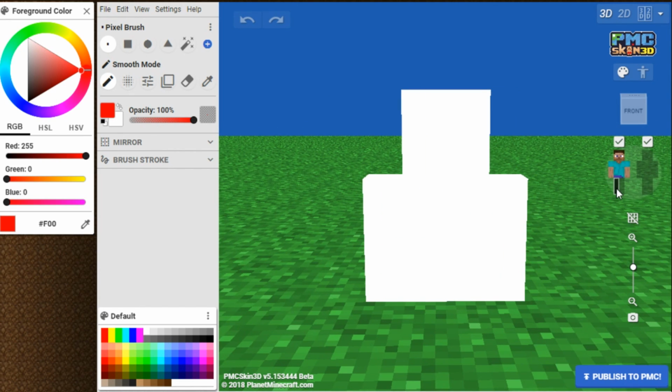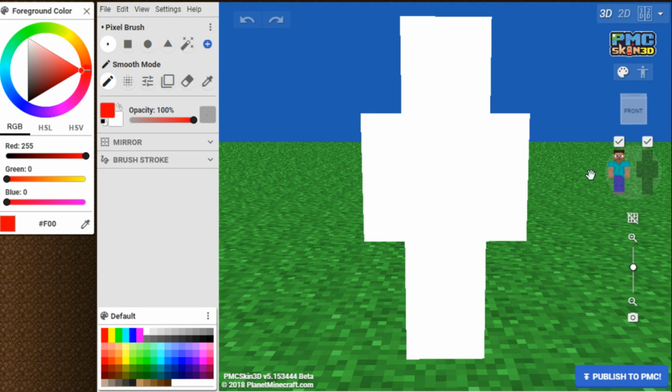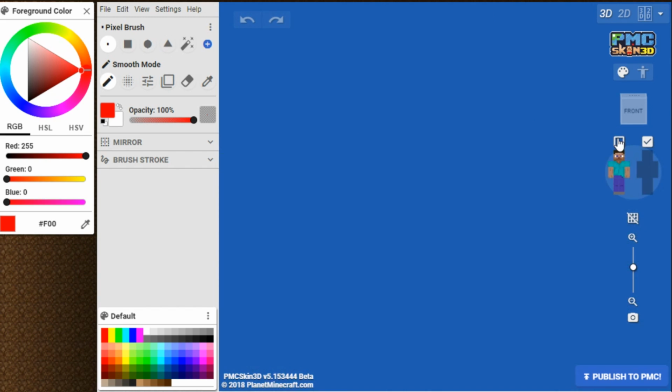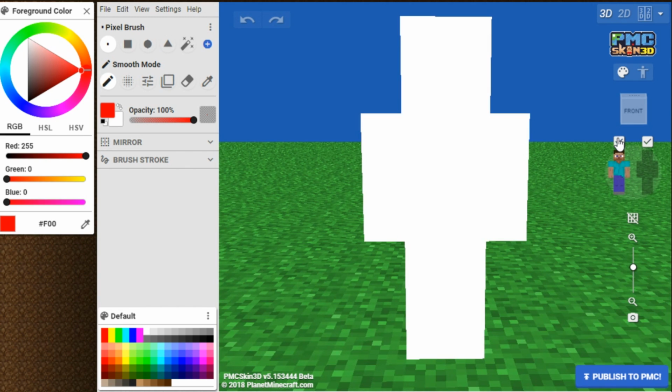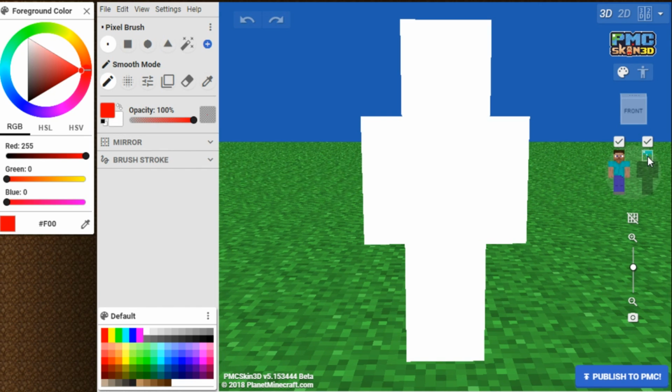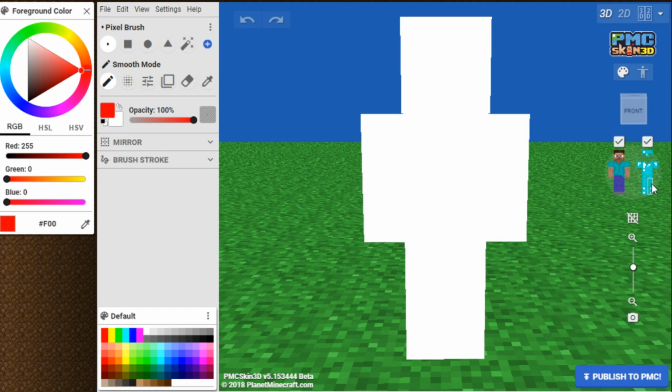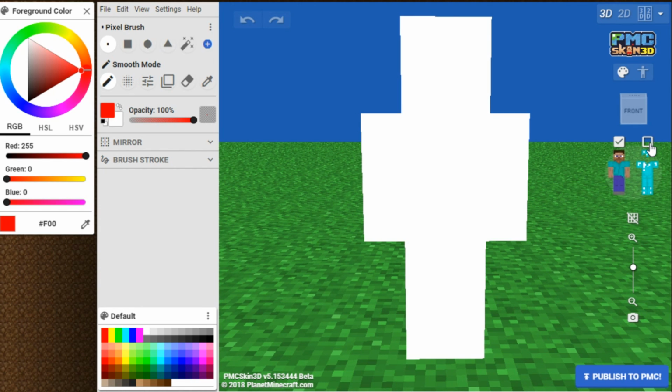Like this, where we're clicking on everything to toggle everything, there's this little check mark up here. This will hide all the body parts. This puts it back on if you re-click it. And this is the helmet and the overlay. This is just the overlay layer. Right now nothing is selected, but we can select things like this and turn on all the overlay. It is turned off by default, which I think is really helpful for people who are beginning, because often people accidentally make their entire skin on the overlay. So I'm just going to turn off the overlay for now.